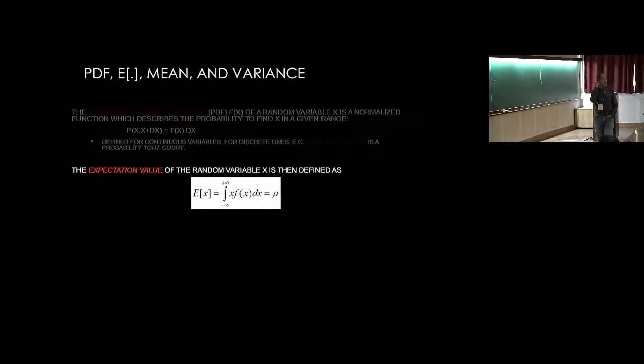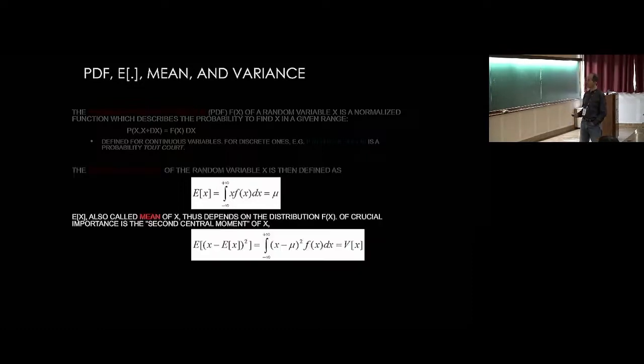Now, what is the expectation value? You know it because you have raised your hands, but anyways, this is the definition. You multiply the PDF by x, and you take the integral over all the real axis, and this is usually, but not always, defined as mu, for a reason that we call this the mean of the distribution in some cases. And the mean depends on the distribution, of course, and it's the expectation value, because the act of computing the expectation value of x is to multiply that value by the PDF.